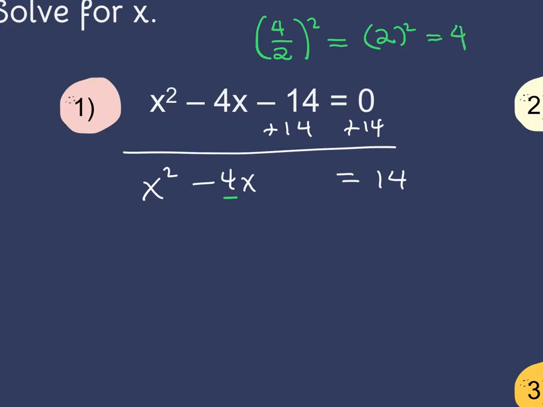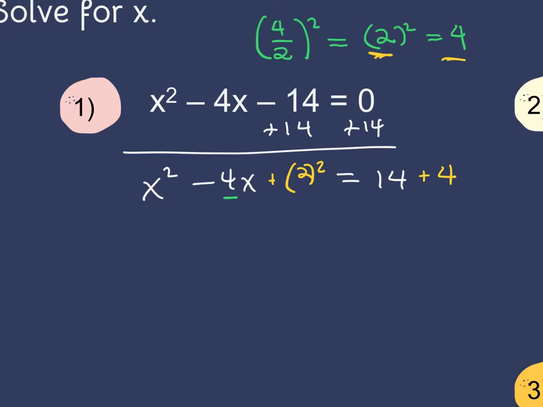Now, essentially what I'm doing to keep my equation balanced is I'm really adding that 4 to the left side and the right side. However, what I'm going to do just to help me when I go to factor the trinomial is, instead of having now to look at this and say, okay, I've got a trinomial on the left side, it actually is a perfect square trinomial. So instead of sitting here and saying, what are the factors of 4 that give me -4? As long as you remember what you got when you divided by 2, and you put it in here as this part instead of this,